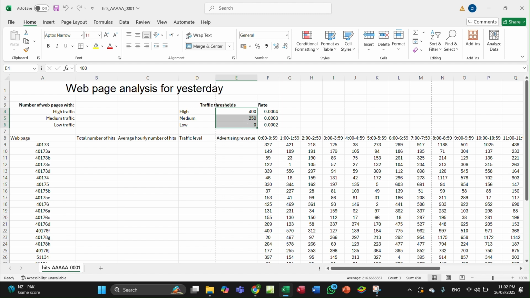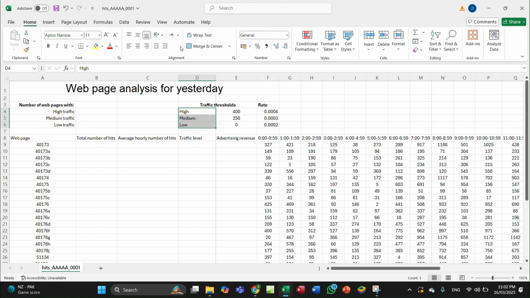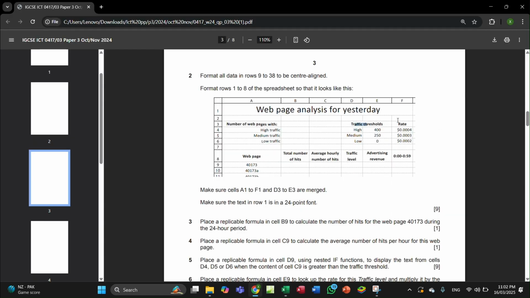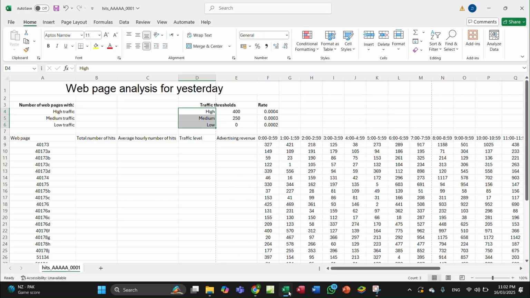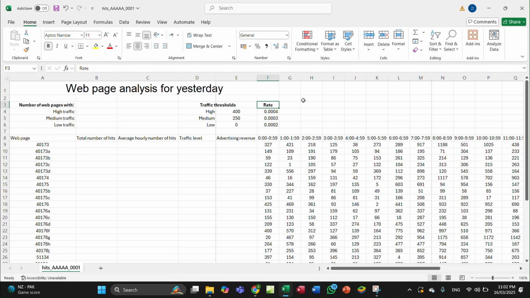These are center aligned and these are right aligned. And this one is right aligned also, the rate. And I can see that this one is currency, dollar and 4 decimal places. So go here, select all of this,